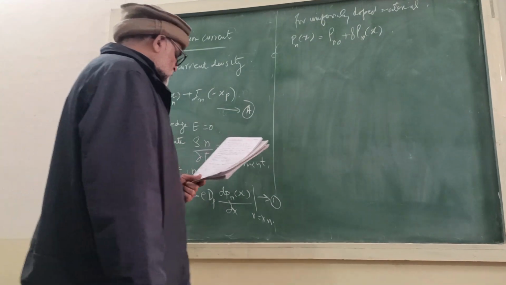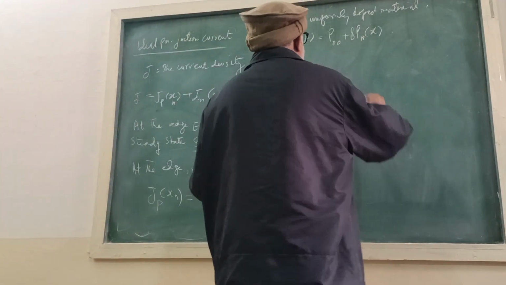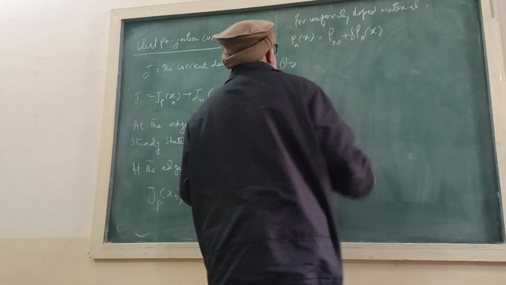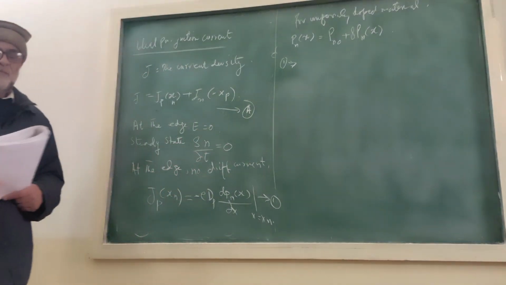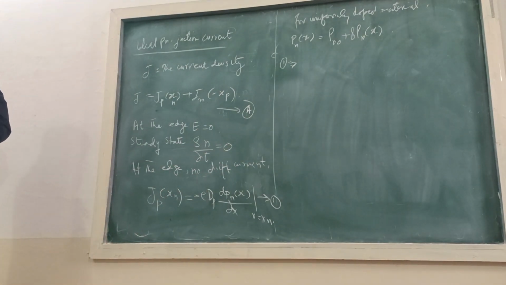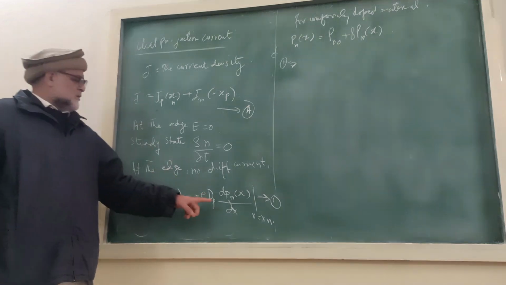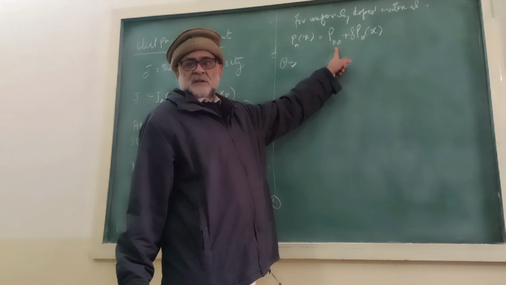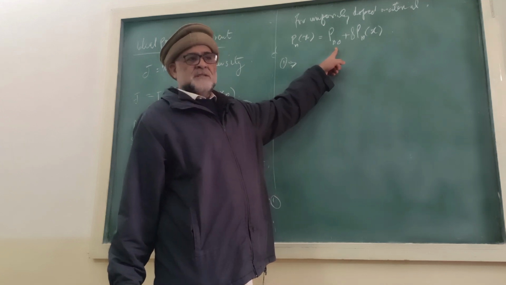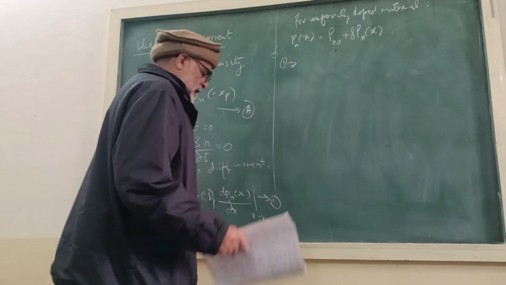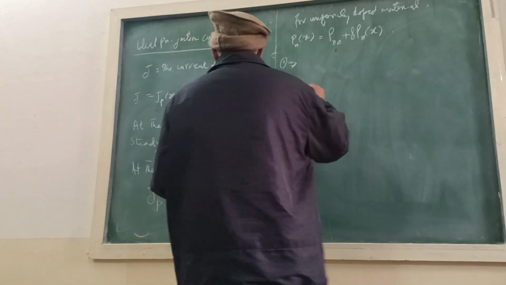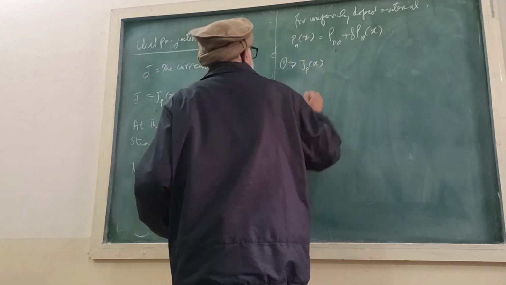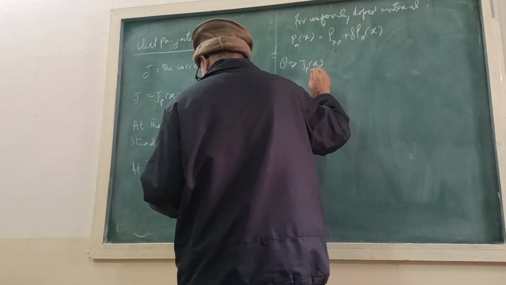Now, if we put this in equation 1, equation 1 becomes, you notice this is a differentiation with respect to x. This is not a function of x. So the derivative will result in 0. Right? So J_p, the current density at the n side,